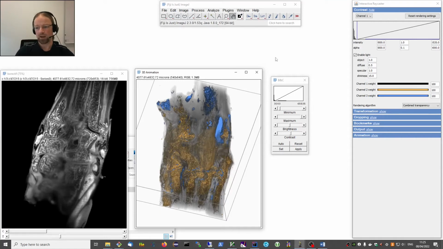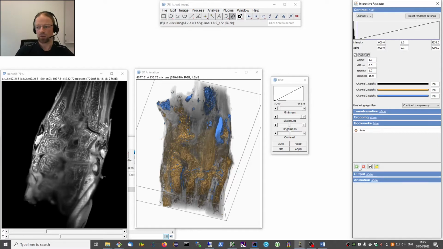So I like this setting a lot, so I will quickly make a detour to the bookmarks panel, and so I click on show, and the bookmark panel basically keeps bookmarks, so saved settings. And a bookmark, basically I will add it by clicking on plus here. A bookmark will contain all the settings which we made, so the transformation, but also the channel settings and everything else. You can give it a name,